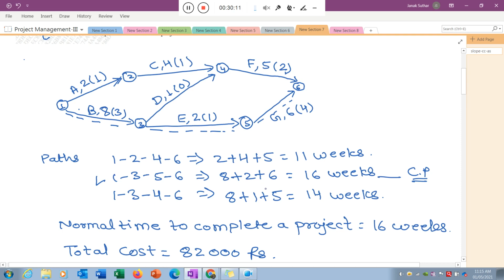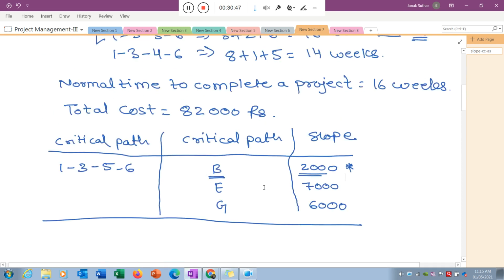So there is the first, you need to see which one is the economical. The next step you need to check what is the feasibility. This is the feasible activity to reduce the time, and how much we can reduce. So our critical path will not change. If the critical path changes, your cost will be increased, but you are unable to reduce your project time. That's why no critical path will change if I reduce that particular activity 1 to 3 by 3 weeks. So I select that particular activity.